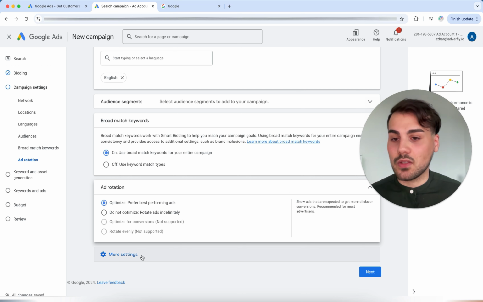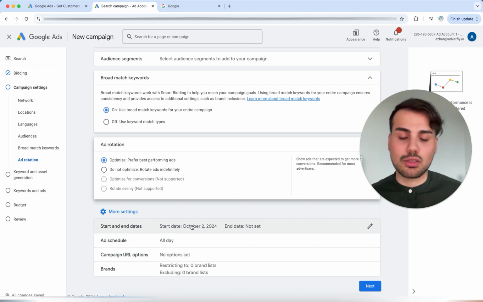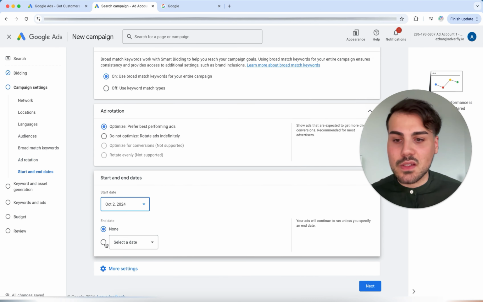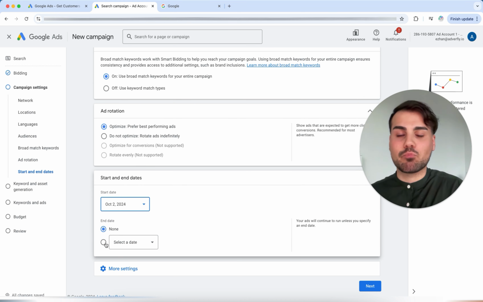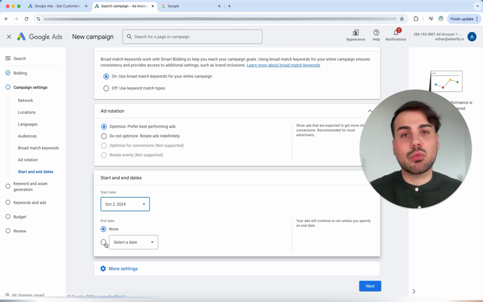Then we have more settings here again. And then we see here in the options that open up that we can also set the start date and end date. I personally do not recommend setting an end date here, and I rarely see it because you can deactivate the campaigns at any time, and especially if a campaign is running well and generating a lot of sales, it shouldn't be closed automatically.